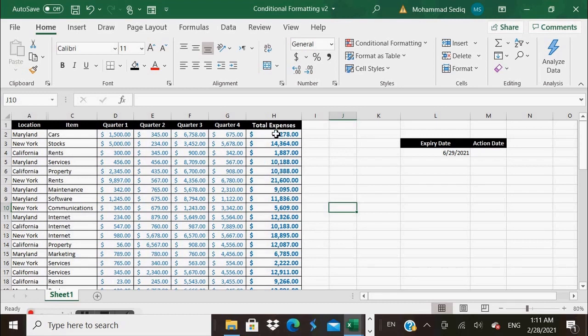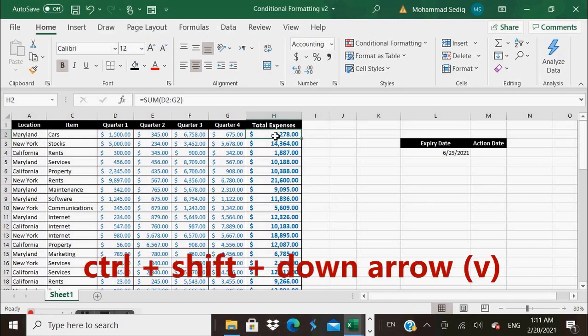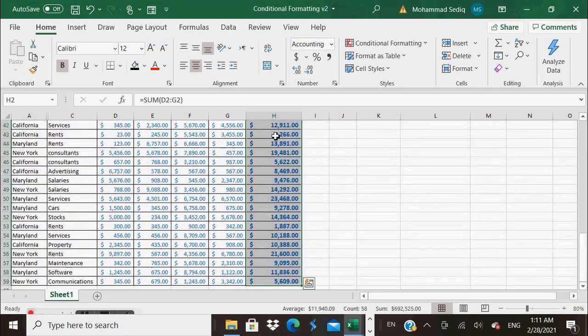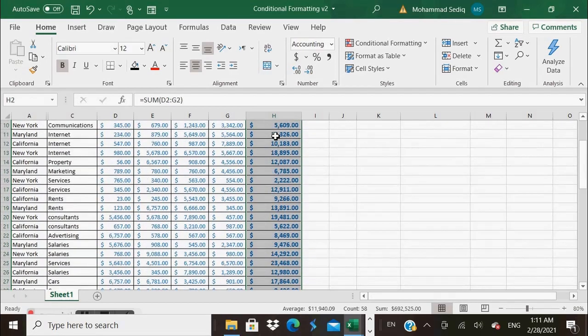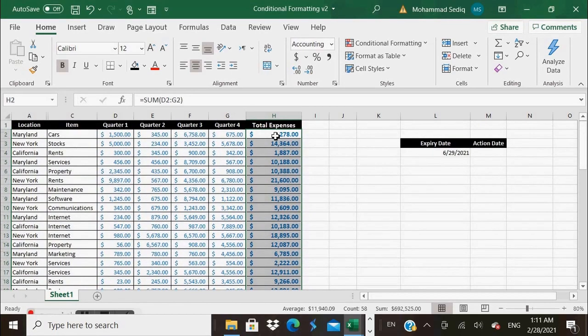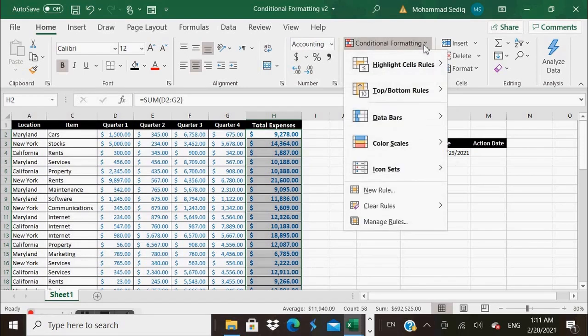So I click on H2 and then the shortcut that I used before, which is Control Shift Down Arrow. And this will select all the data in that column for me. So you see it's all selected. Now we go to the conditional formatting menu here, and then there are specific conditions here, but mostly we can